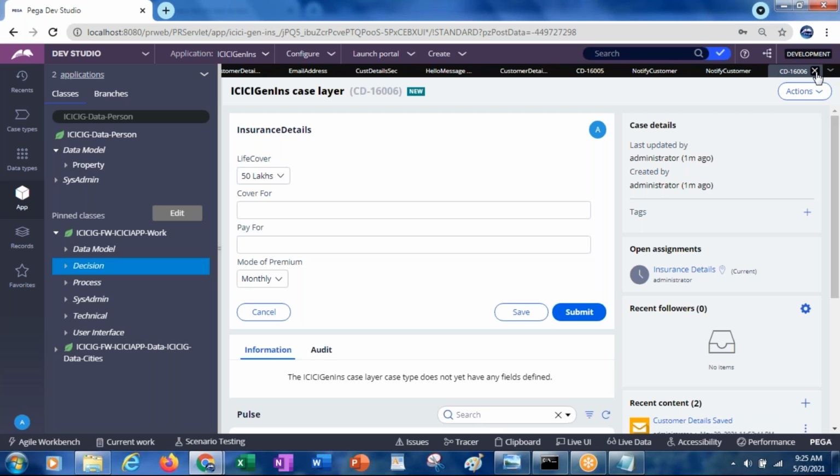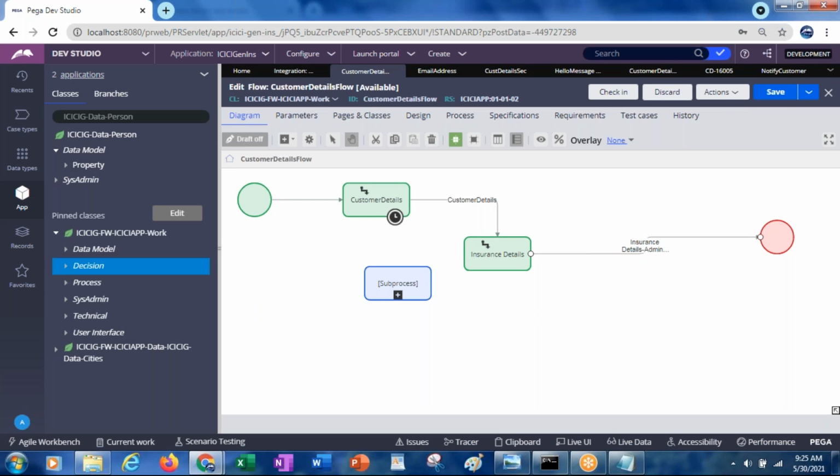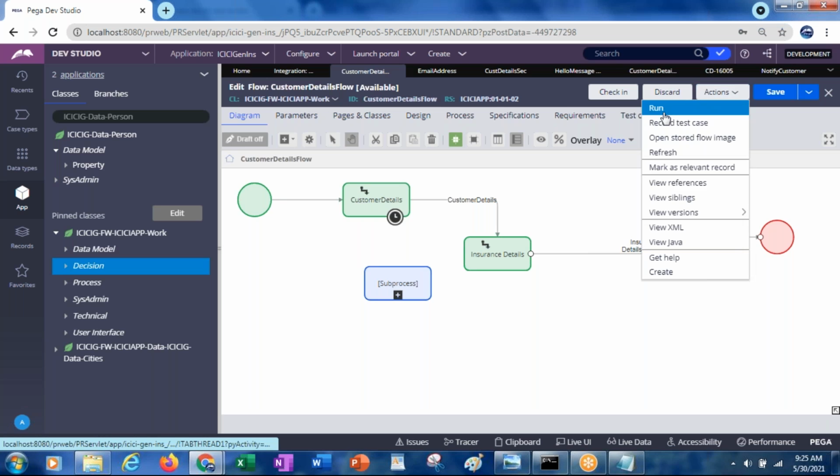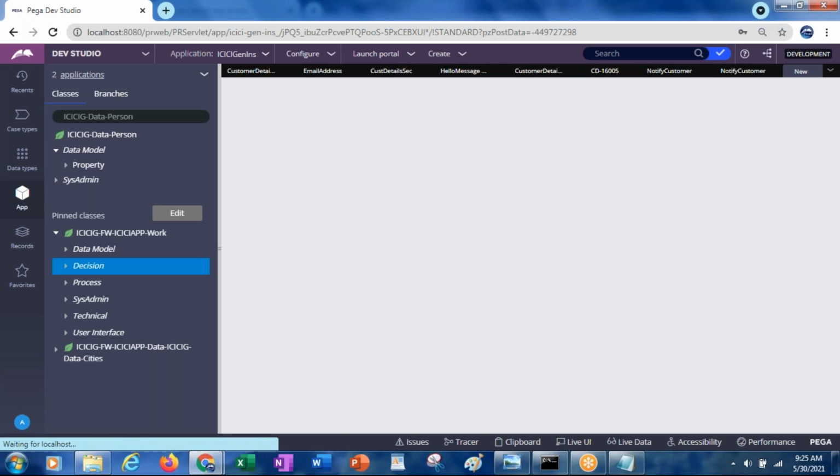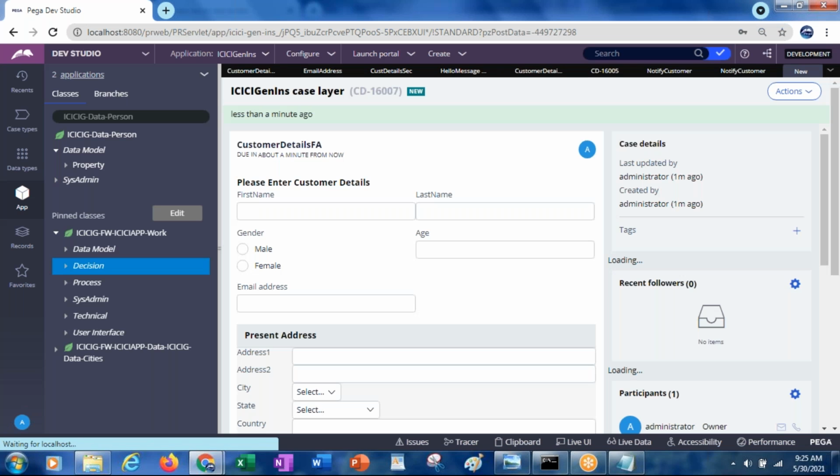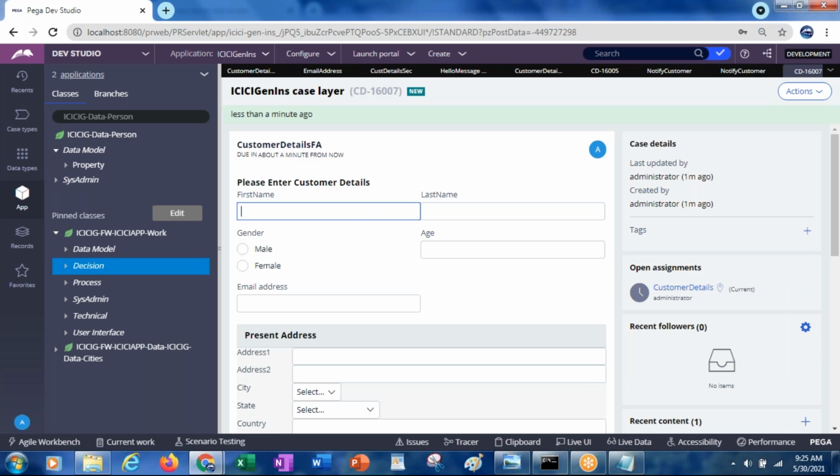Because in general, when you run the flow, what happens? Actions run. The flow has run, and immediately the work object has been created. That means it is sent to the database, right? But here the email address I have still not entered. But whenever you run the flow, it automatically creates the work object first.